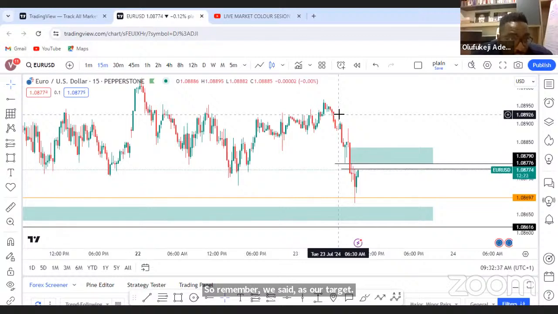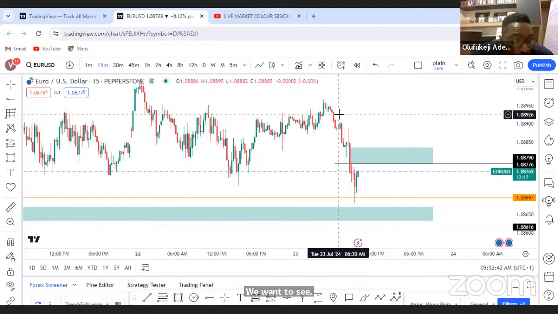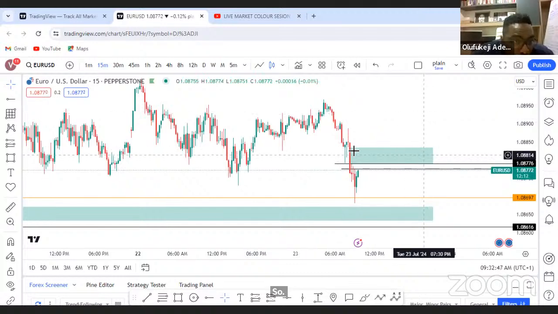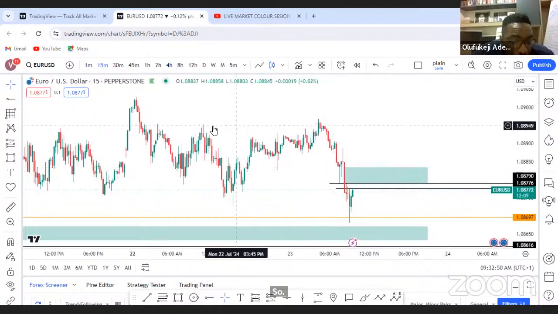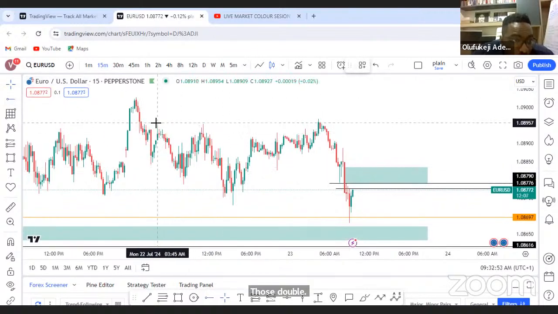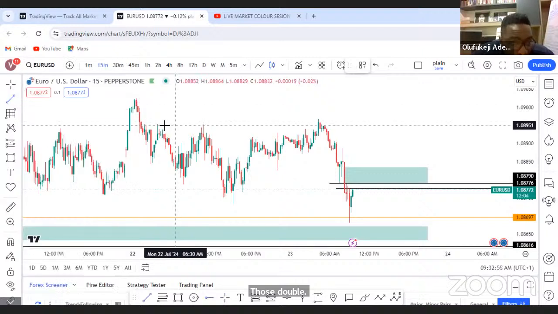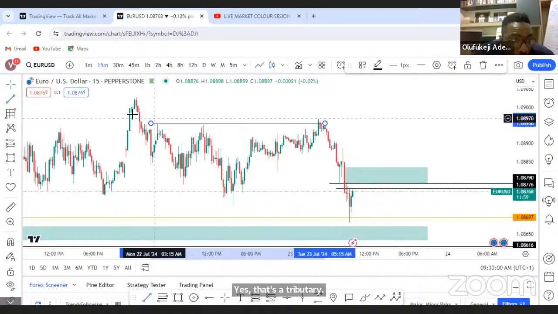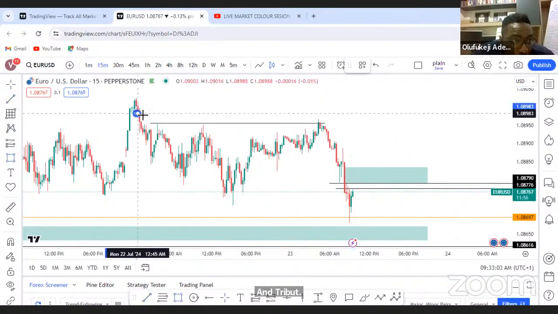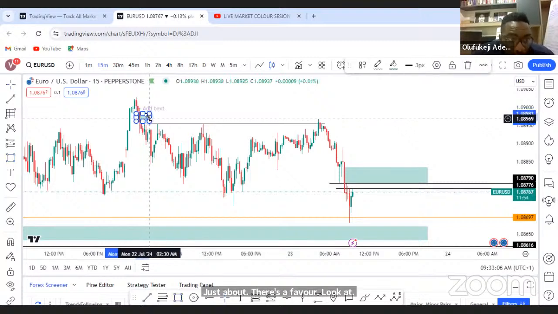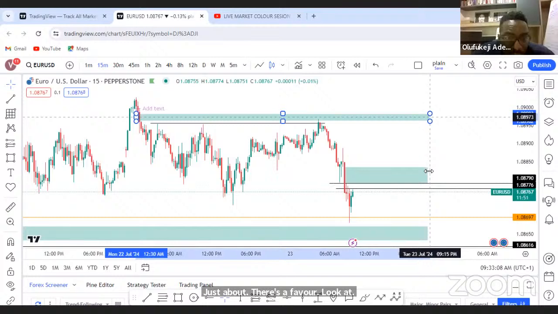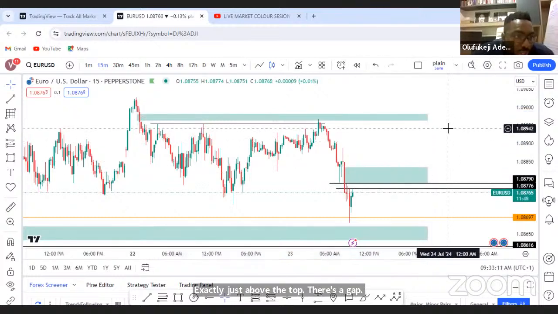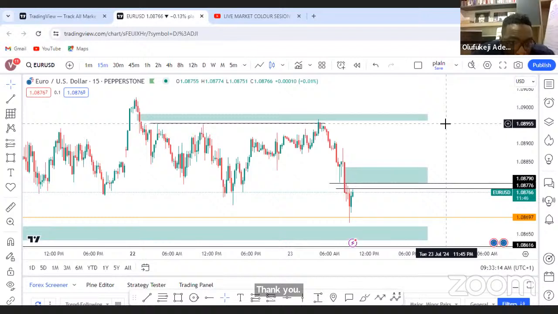we want to see diagonal liquidity into a fair value gap. So look at all that liquidity at the top. Those triple tops. Yes, that's a triple top there. And just above the triple top, there's a fair value gap. Exactly. Just above the top, there's a fair value gap. So if we see price close with force,